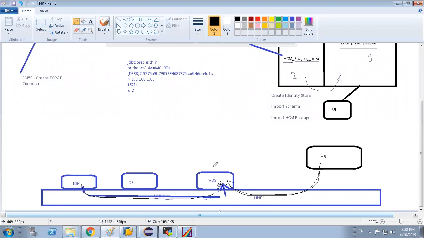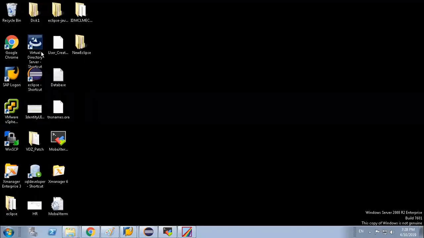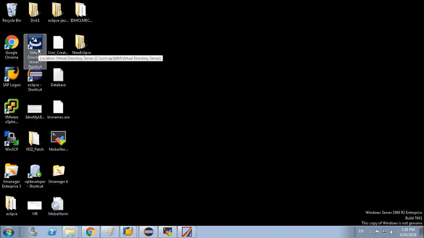Yesterday we properly installed the VDS on Unix. So this will not help us as of now, and we can remove it from our desktop.